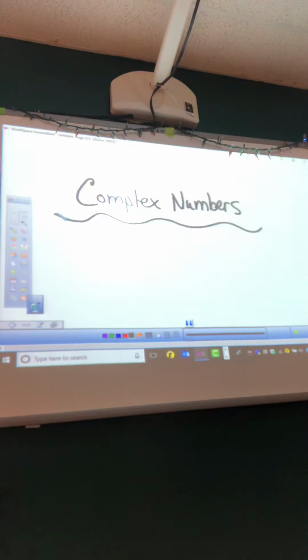Moving on to complex numbers. Kind of like when we have a mixed fraction. A mixed fraction is part whole and part fraction. Well, a complex number is going to be part real and part imaginary. So when I look at these,